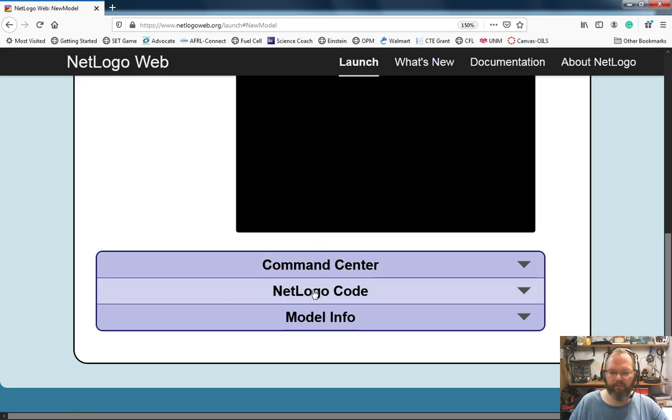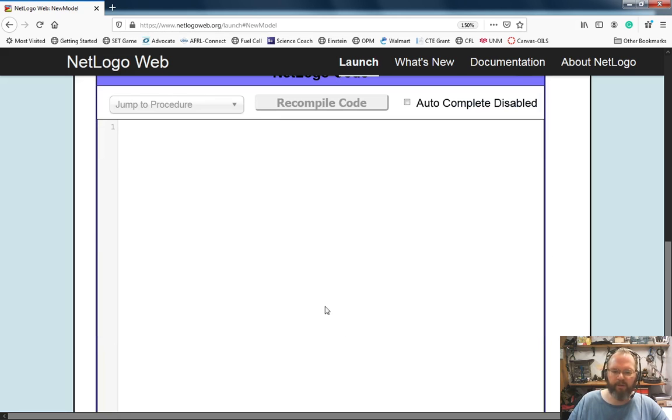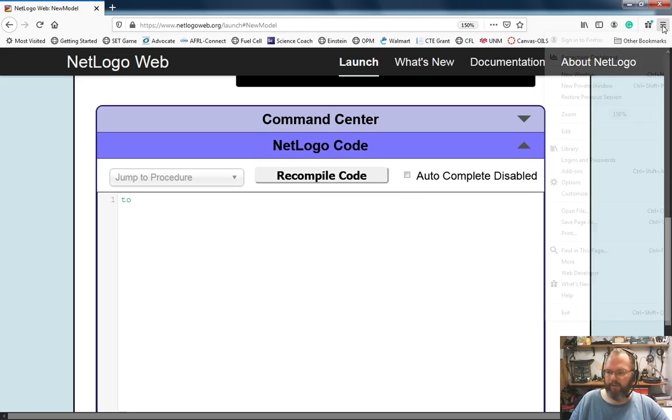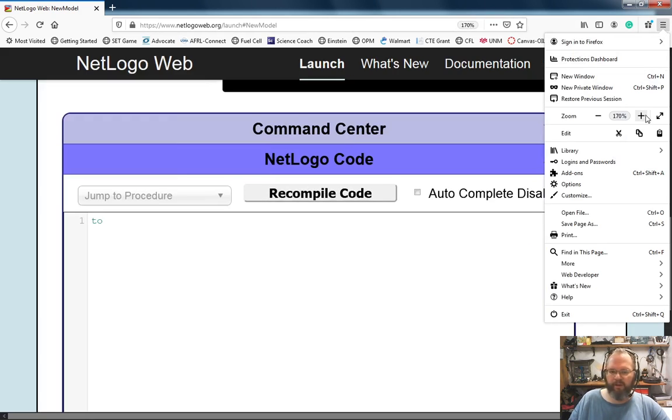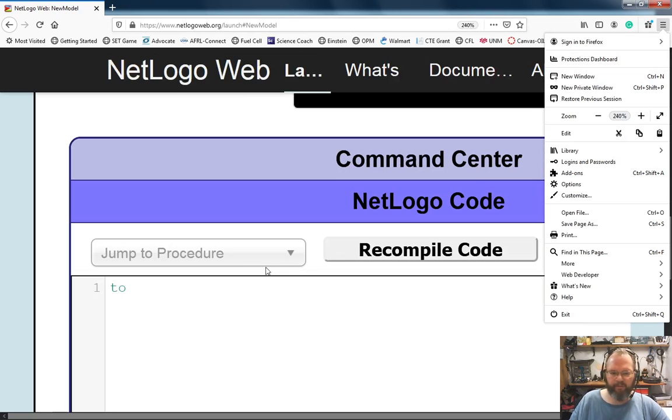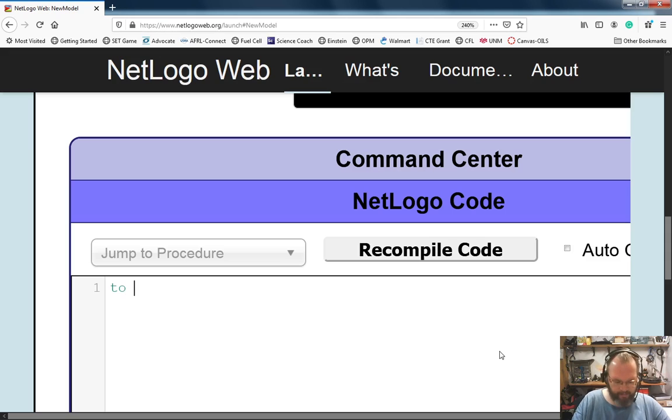All right, so for this I'm going to go ahead and do what we've done a bunch of times already. I'm going to start off my procedure. I'm going to call it to setup. And let me go ahead and make my screen a little bit bigger for you to see what I'm typing a little bit easier. Setup, hit enter several times, do END, come back up here, and what I'm going to do is